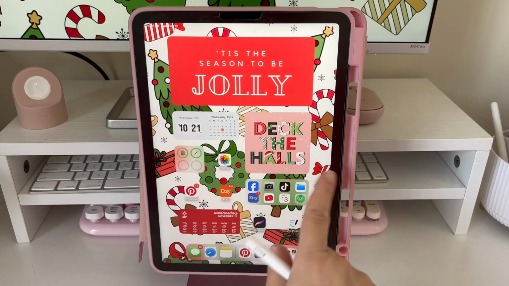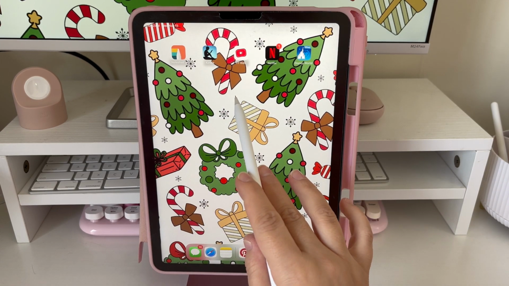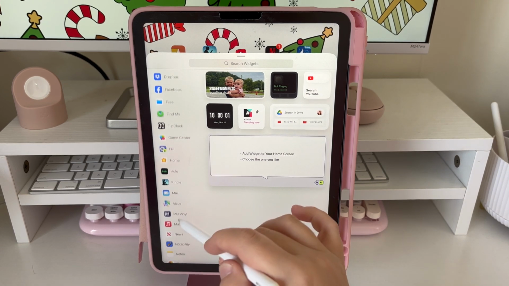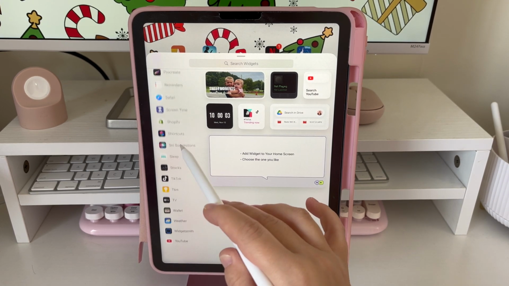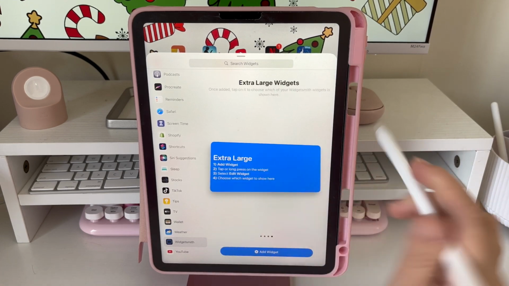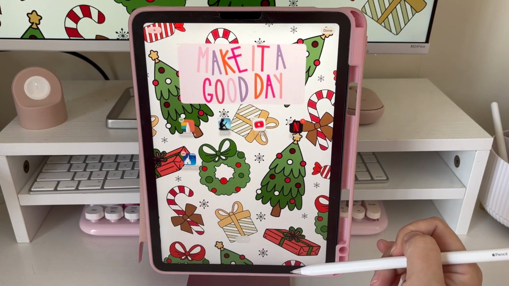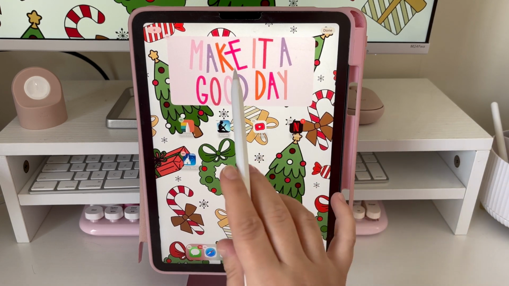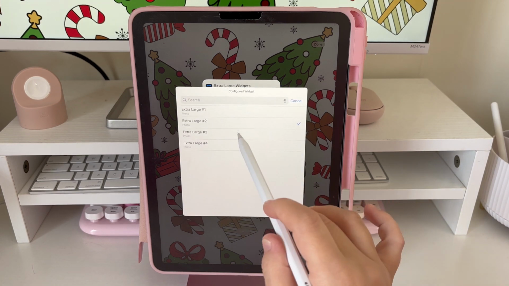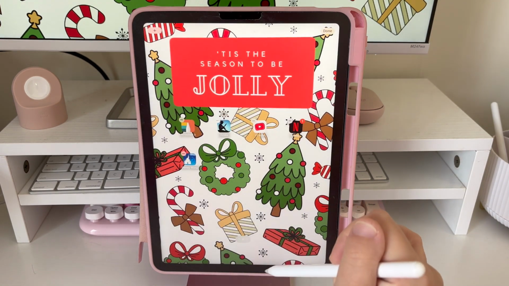So now, after we've done that, we can go back, hold down on our screen, hit the plus button, and now we want to scroll down here to Widgetsmith. So I'm going to go to Widgetsmith. Now I'm going to swipe over till I get that extra large one, and I want to add widget. So now I've added this widget in here, but this is not the picture I want. So I want to tap on it, click on that, and then go to number 3,